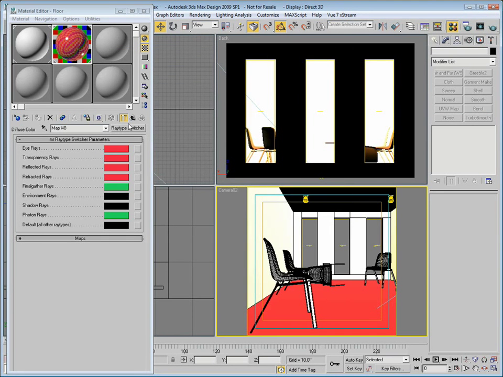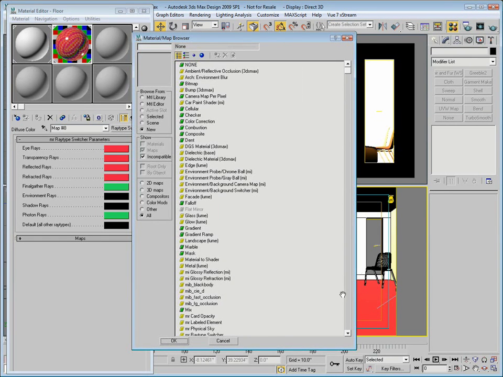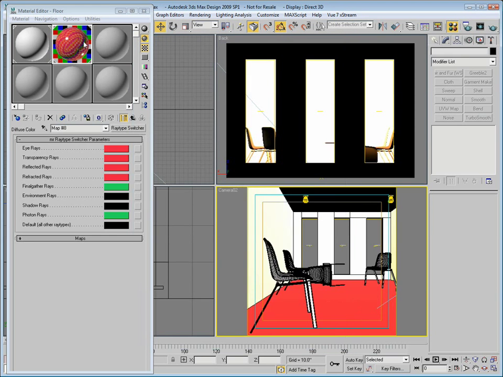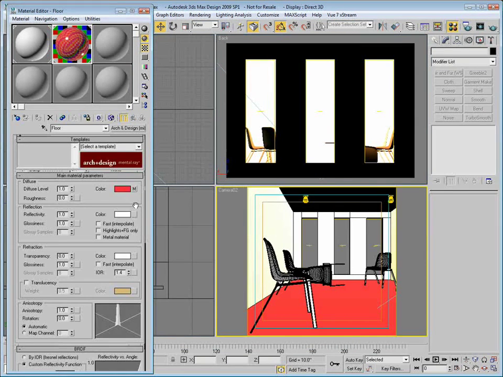So that's again the ray type switcher, and I believe that was part of the production shaders. So you should have that in 2008 and 2009. If you don't have it in 2008, you can go and unhide it. It may be a hidden shader, but it'll be in the production pack. Now another option that you have here, let me just remove this